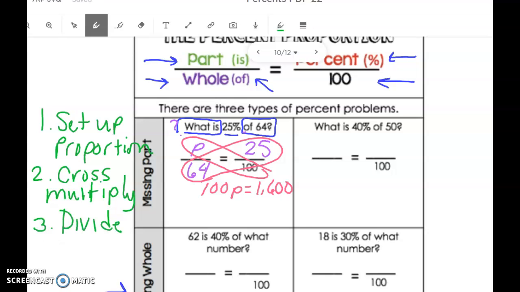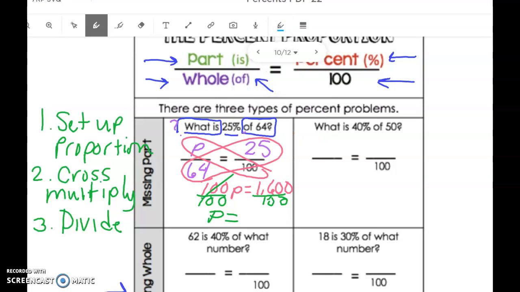So back to my problem here. Now I have 100 times P is equal to 1,600. Just like multiplication equations, we are going to divide out the 100 to get the variable by itself. Oops, I'm writing the wrong thing here. This needs to be divided by 100 on both sides. Those cancel out, and it leaves me with P is equal to,